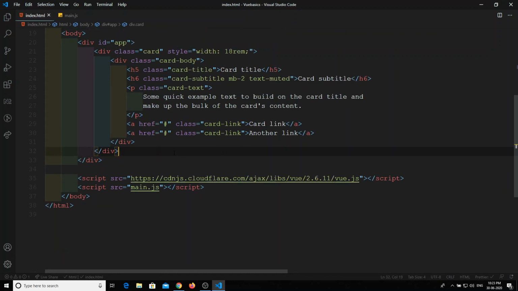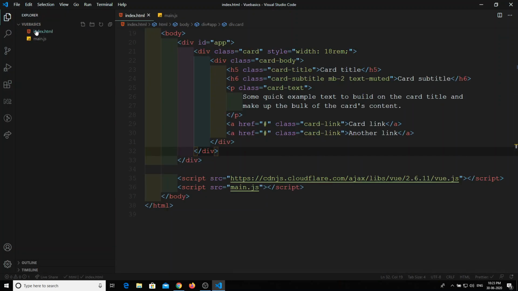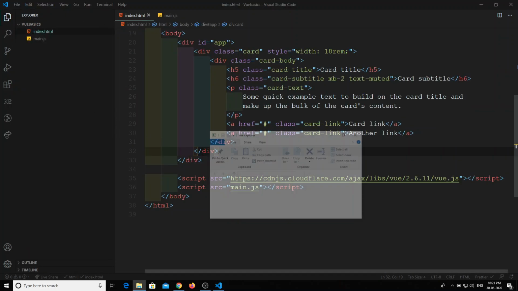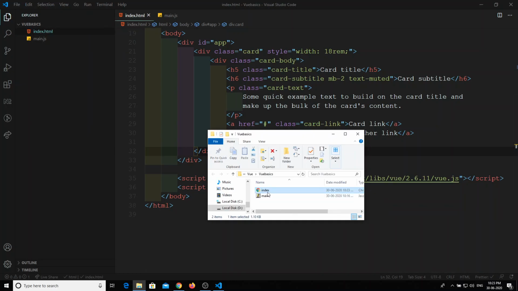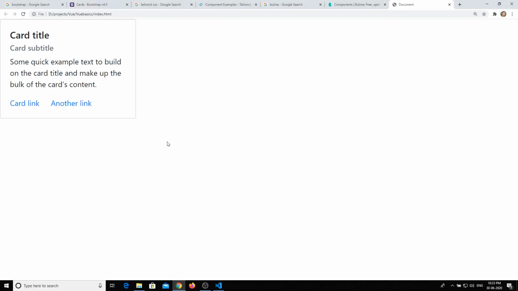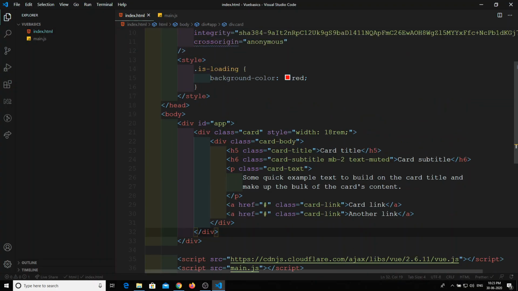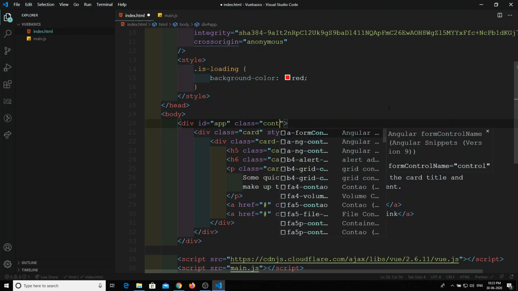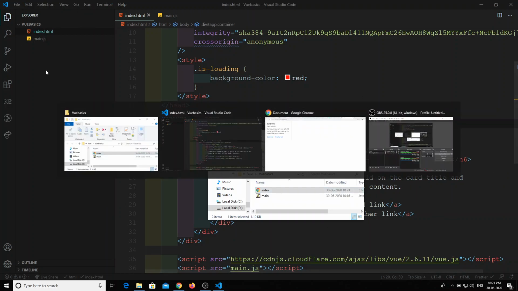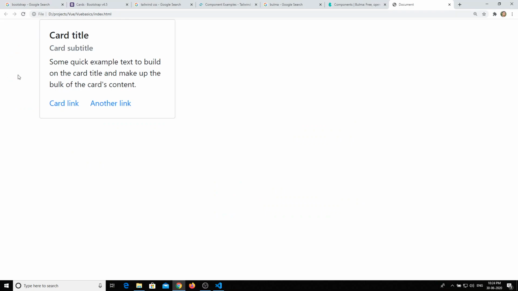Now I have pasted the code, and we'll see the output. This is the card. We will add a container for that so that it comes to the center of the screen, with margin applied on the left and right. So this is the card.